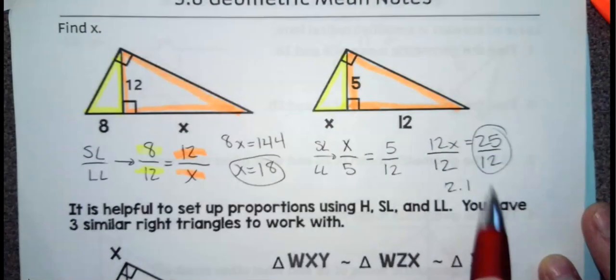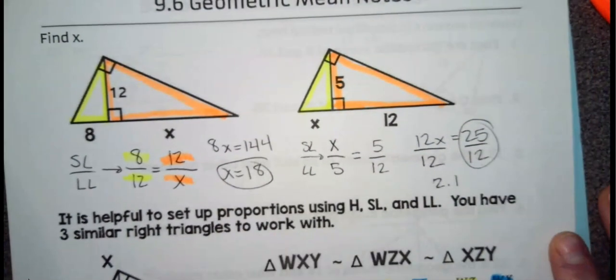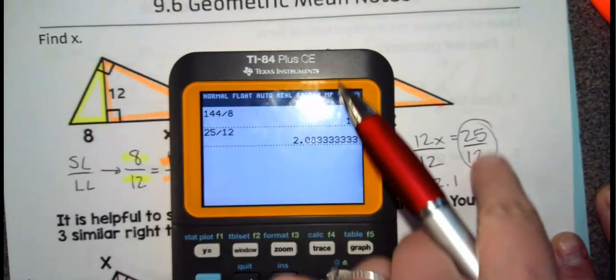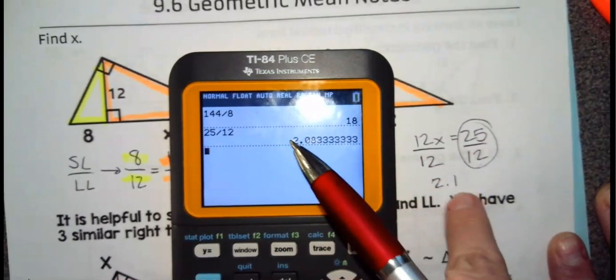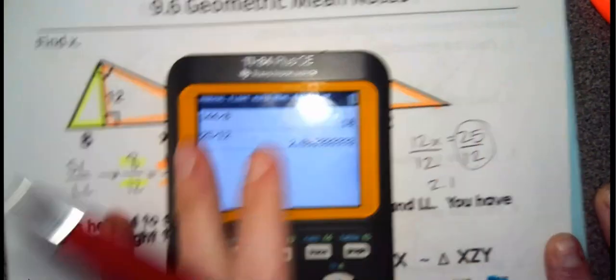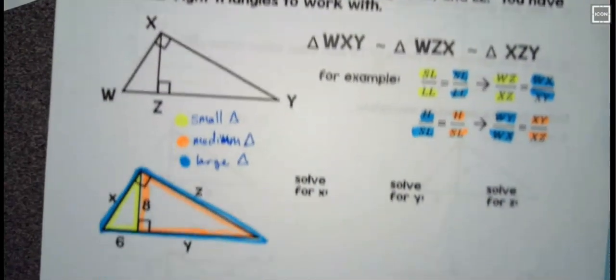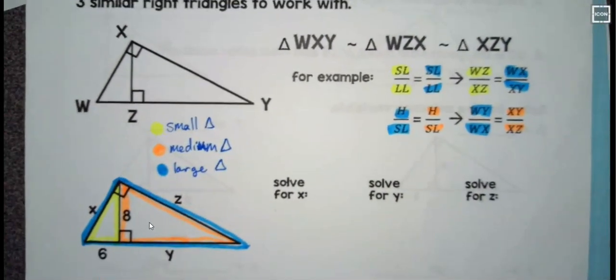But, I mean, you could also just leave it as 25 over 12 because that is the more accurate answer. Anytime you're given a choice of simplified fraction or a decimal, the decimal is the least accurate. So I would choose to answer it like that. Okay, we're going to go down here, and this is going to look a little crazy, but